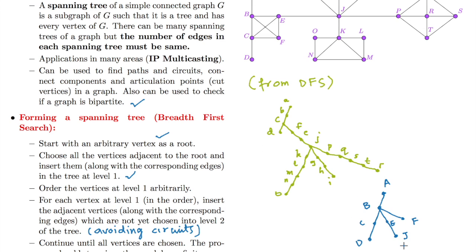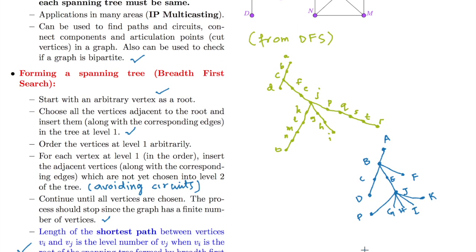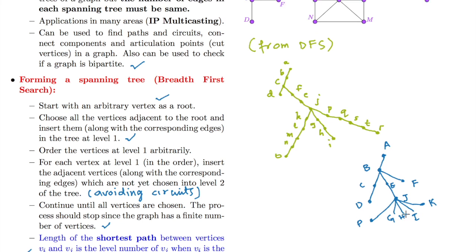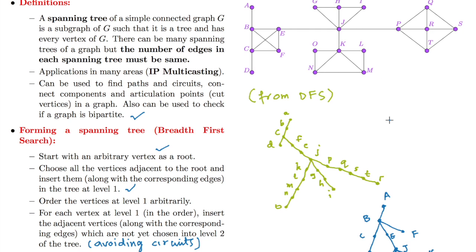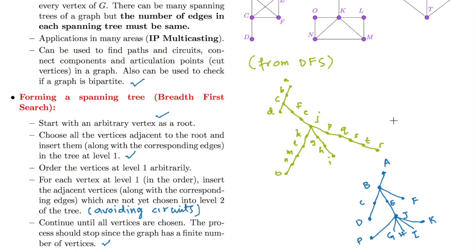For J then I have so many of them. So I have K, I can say G, H, and I here, and I can say P here, correct? Let me go a little bit up. For G, H, I, I don't have anything more to do because all their adjacencies are covered. For K I have